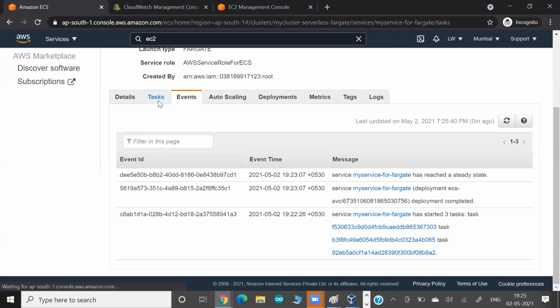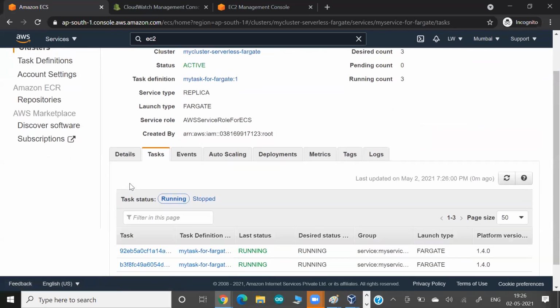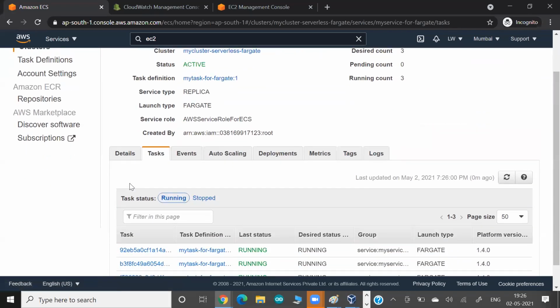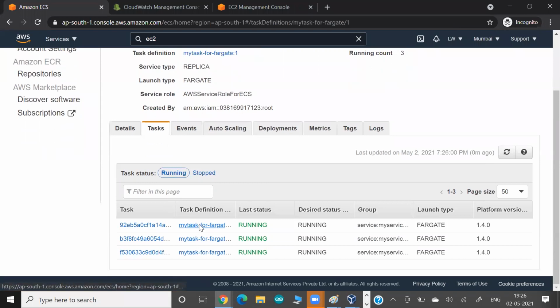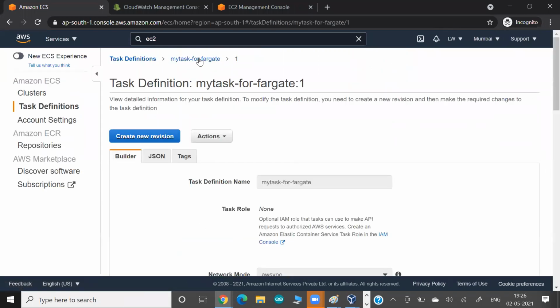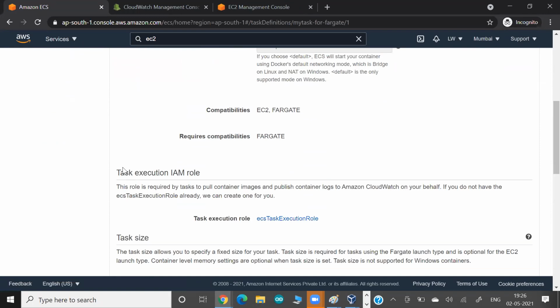and the task has the image information, and the image is in ECR, so they can pick the image from ECR. It's secure, because we have configured the role. Because of this role, or because of the task or whatever I added there, they can pick it. And now if you go to my container